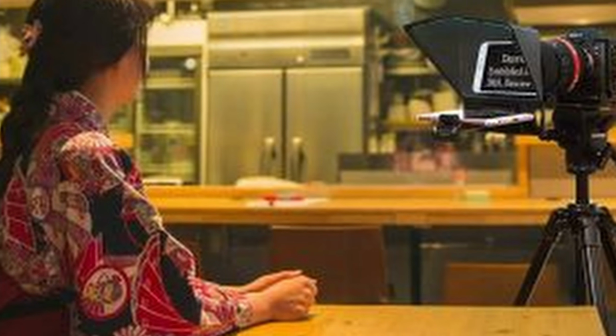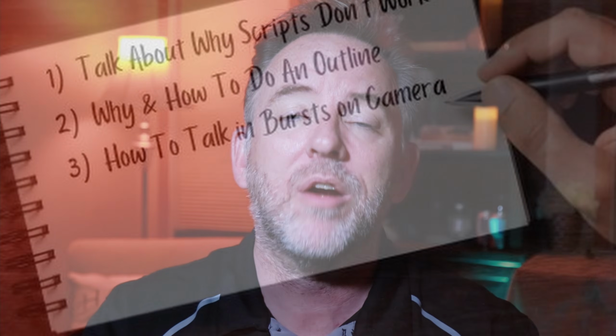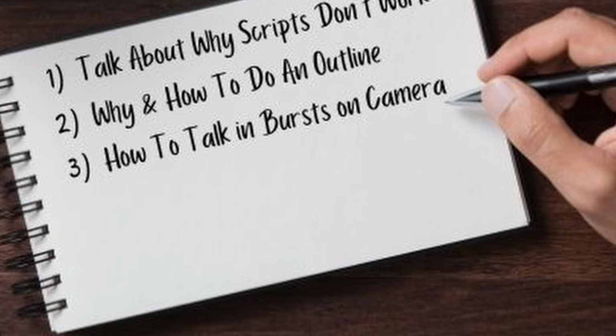Now, on my last video that I made about how to be confident on camera for YouTube, there was a section in there that I talked about not using a script or a teleprompter, and I had so many questions and comments on that I thought I would dig in and give you my exact template that I've been using for the last 20 years on how I prepare my scripts or my outlines for all of my talks. It's a very simple formula, it has about 3 to 4 sections in it depending on what type